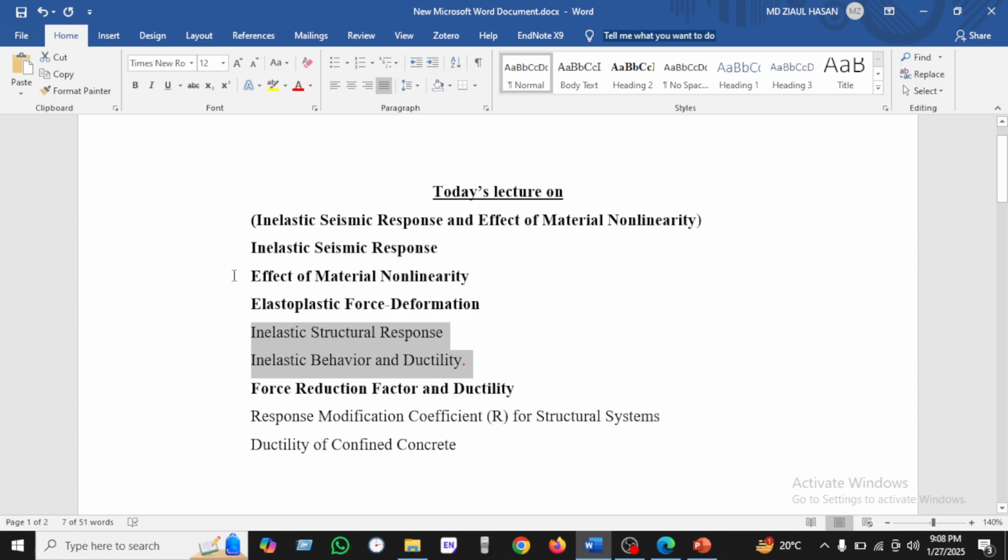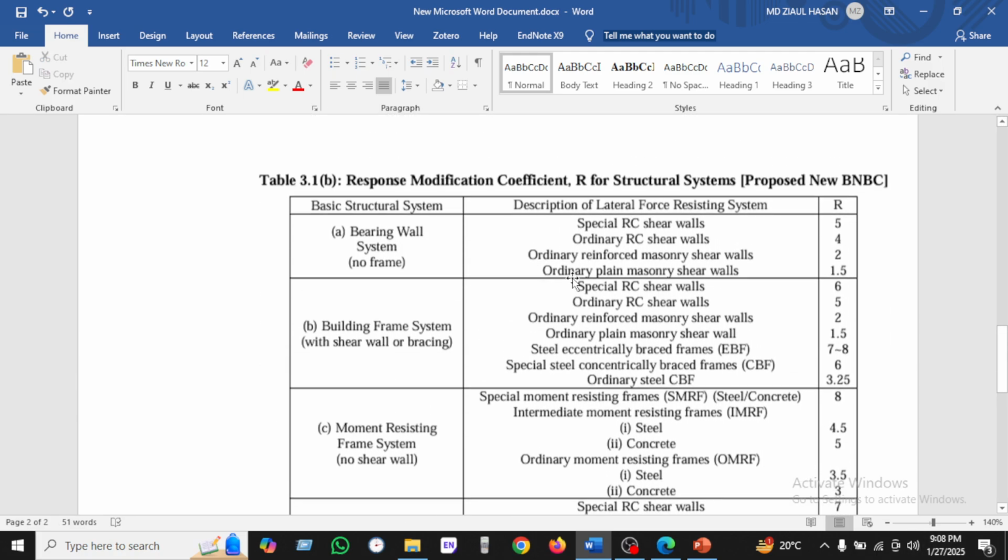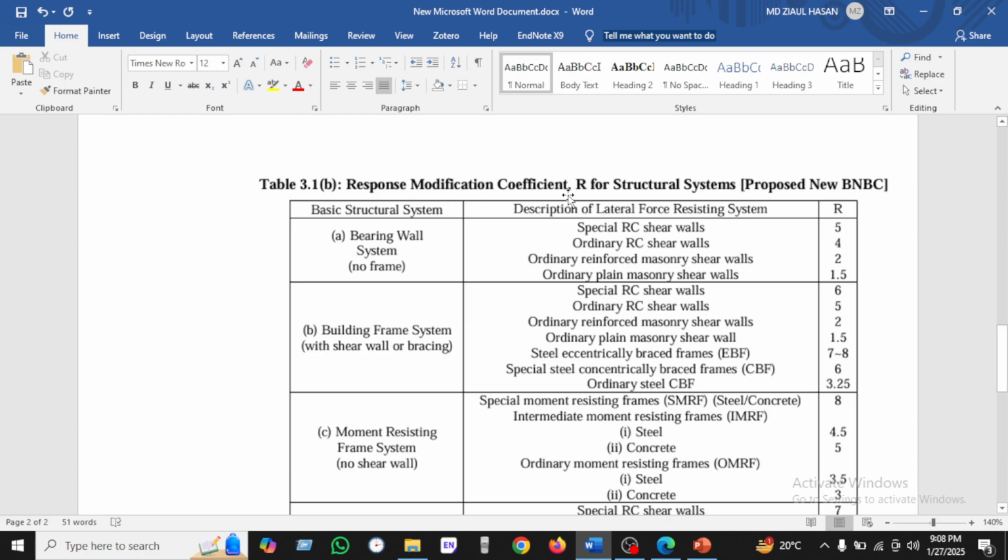I have also completed here the modification coefficient of R, which is taken from the code. So if we want to see, we can see here the modification response coefficient